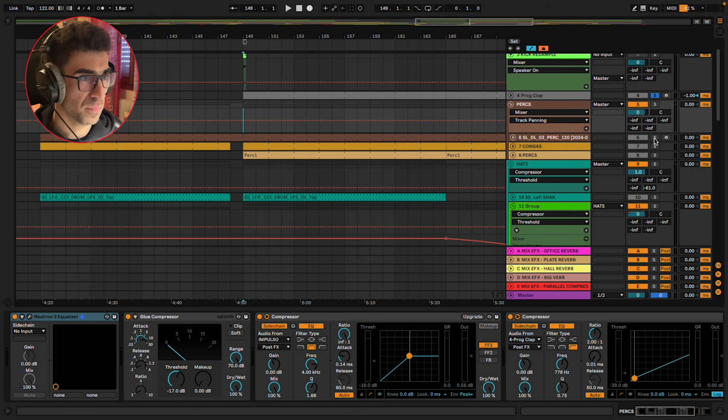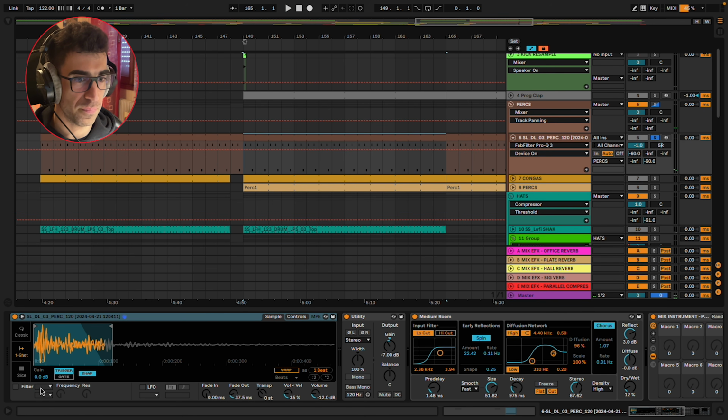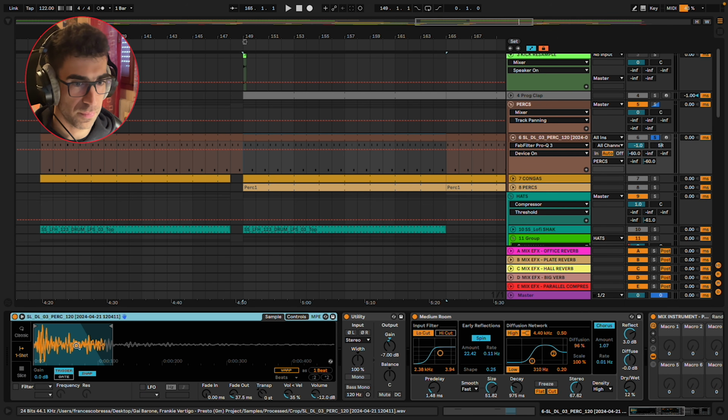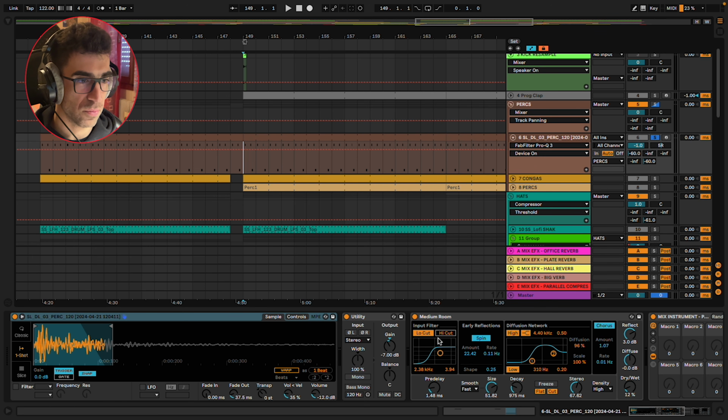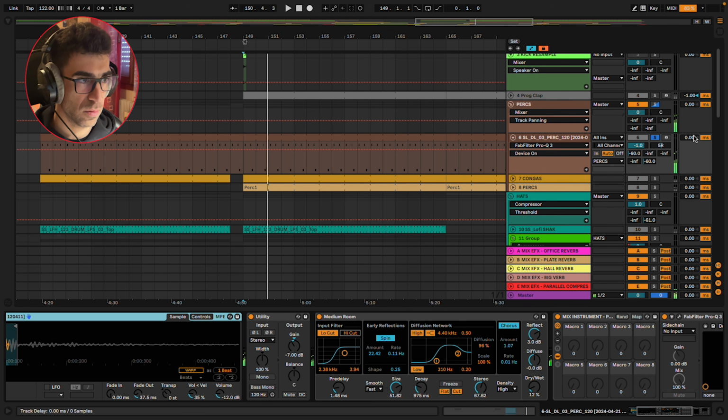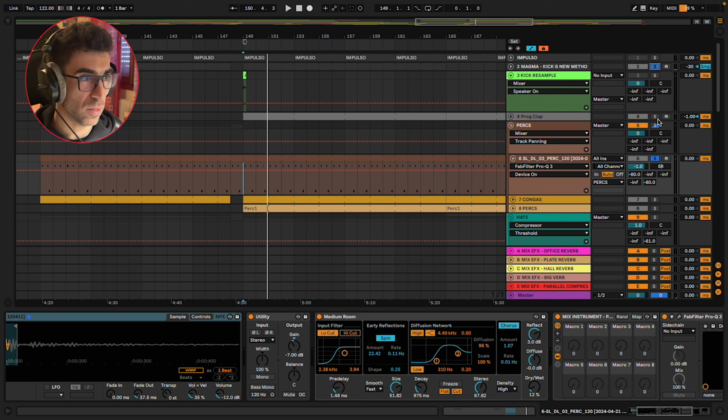Percussions. I tend to put all my percs in one group. Usually my percs are toms, bongos, congas, or other boots percussions, like this one. In this case, these are all samples. The first one is a kind of low mid perc, really grooving together with all the rest.